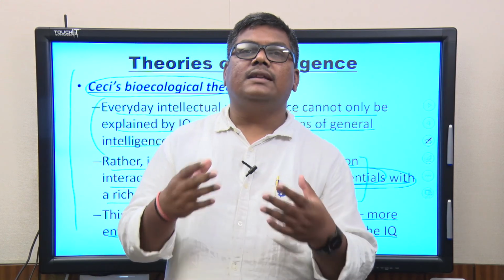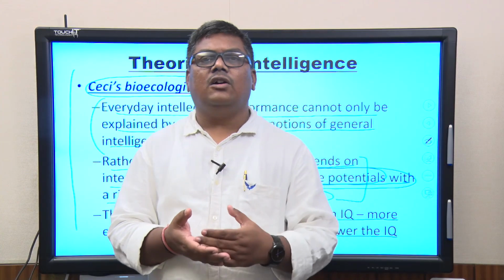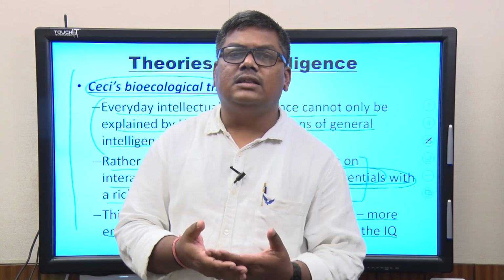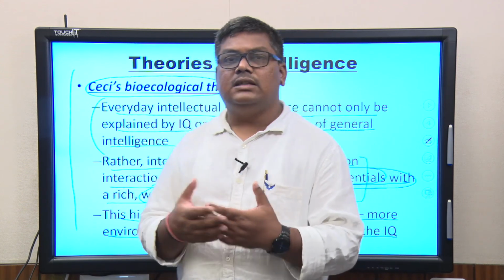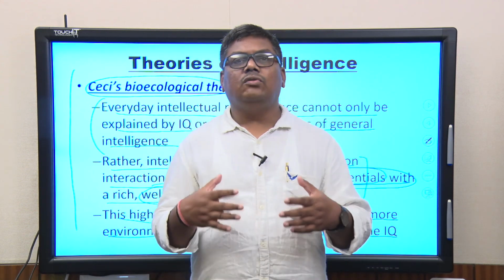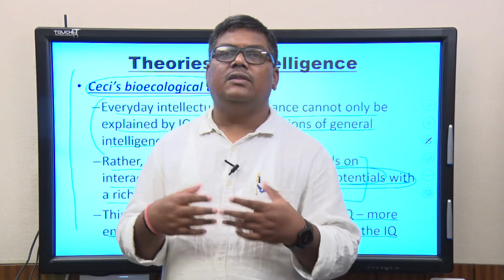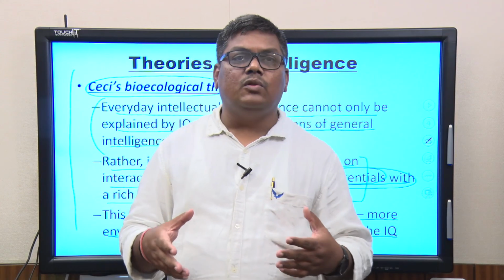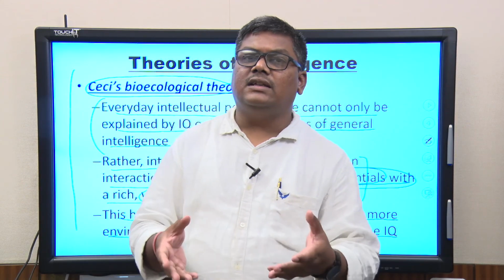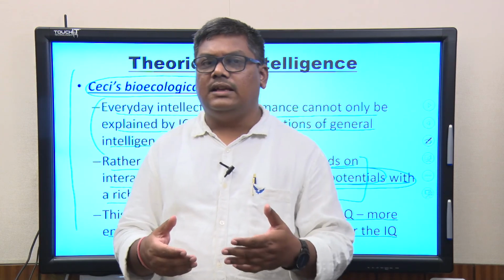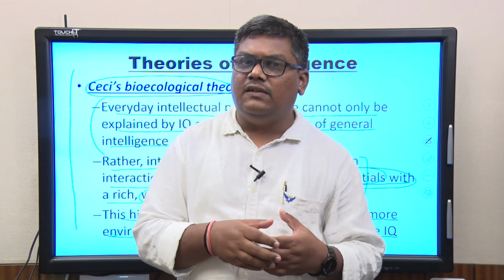Other than that, we looked at certain theories of intelligence, starting with Gardner's theory, then Anderson's theory, Sternberg's theory, CC's theory and Cattell's theory. So, we looked at 5 different intelligence theories and what they think of intelligence and what comprises it. How intelligence is important, what the parts of intelligence are, and factors affecting intelligence, that is what we did in today's lecture. When we meet next, we will be continuing with